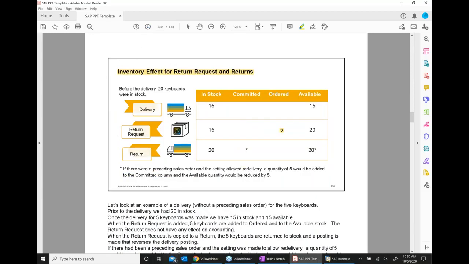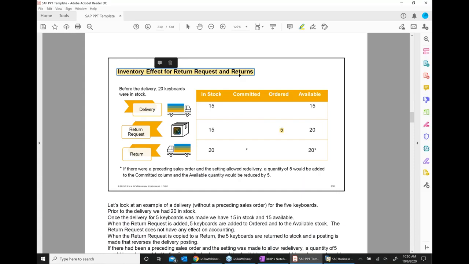Now here we have something called inventory effect on the return request and the return. In the last class, we talked about the impact of sales order, delivery, and purchase order on inventory.